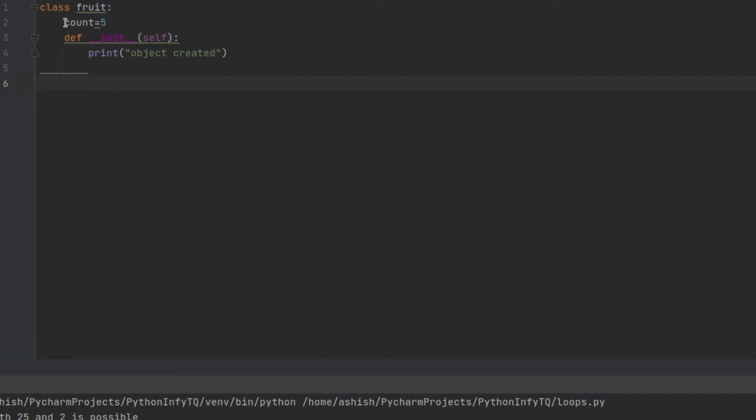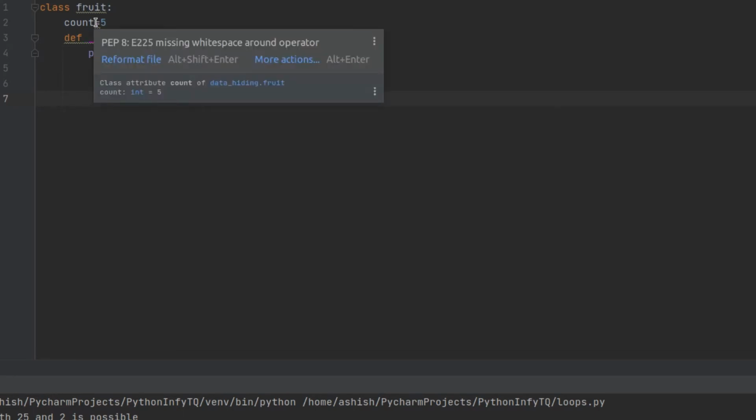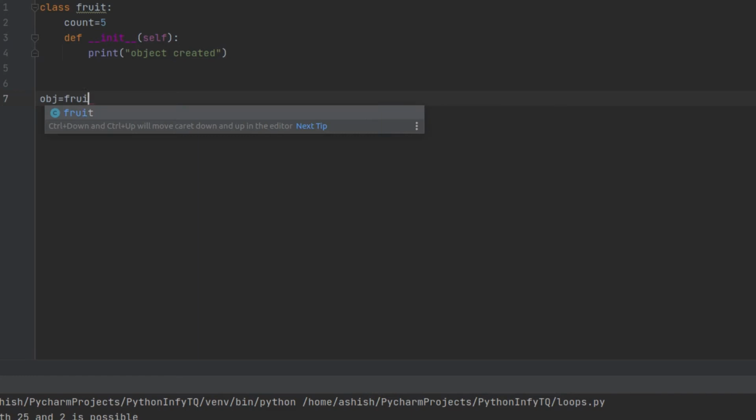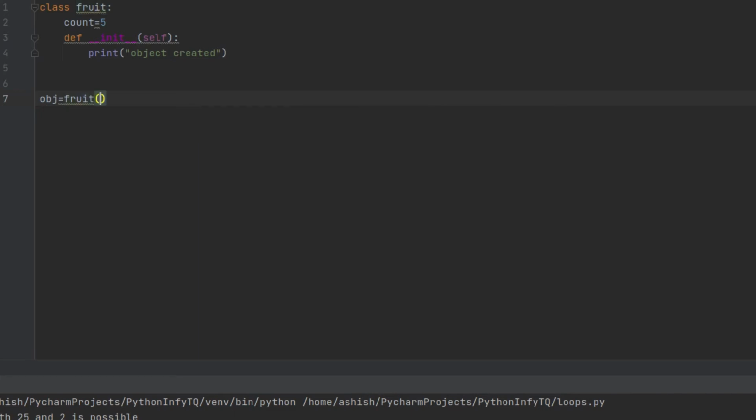So this is what exactly I have done right now, and with this my class is created, and now I can create an object with respect to this class which I have created. This is a very simple class which I'm creating right now. So let's say I'm going to create an object, and you know how to create the object. Now open the bracket. In that bracket you don't have to pass anything, and in fact we have the self argument which is directly pointing towards the class name which is Fruit.